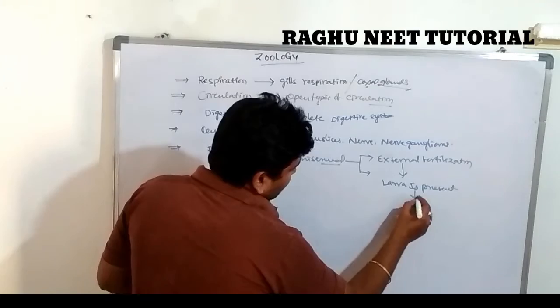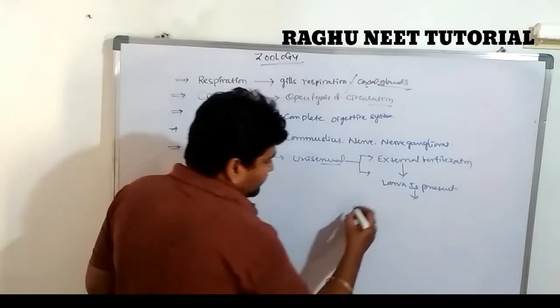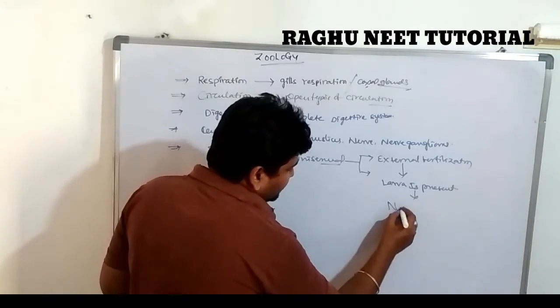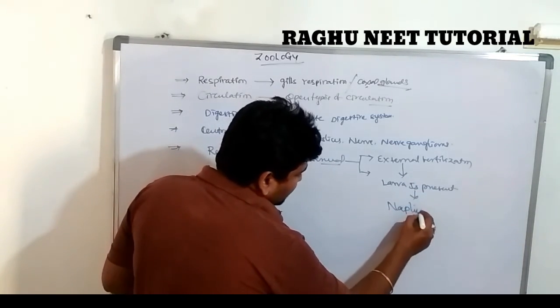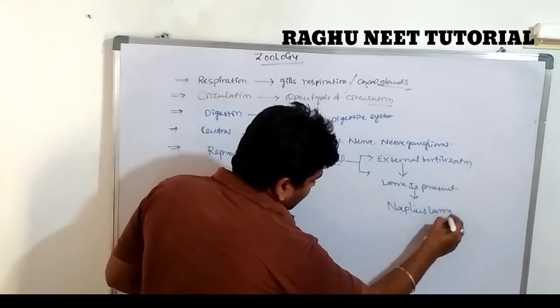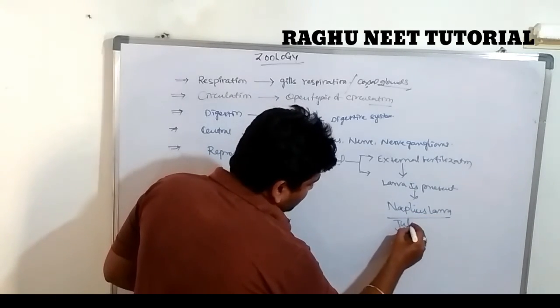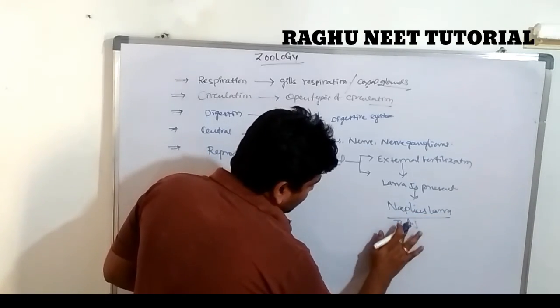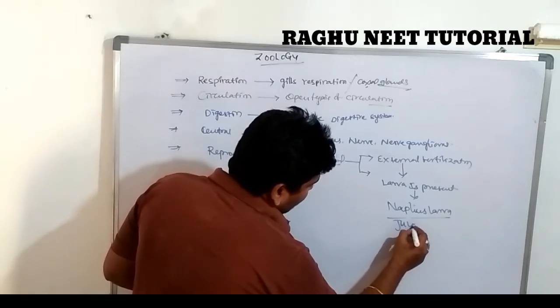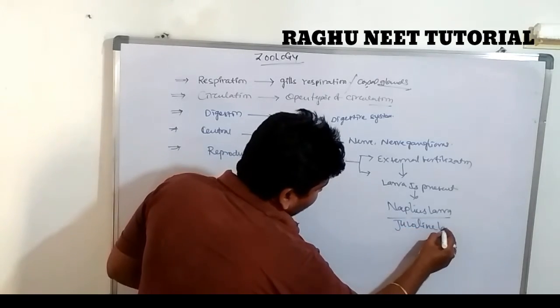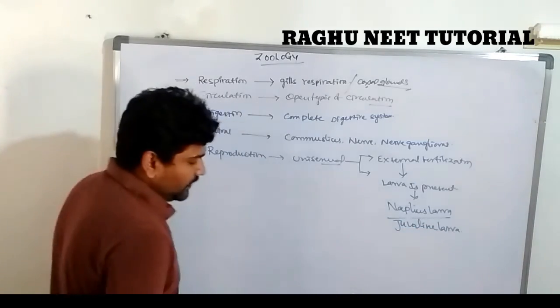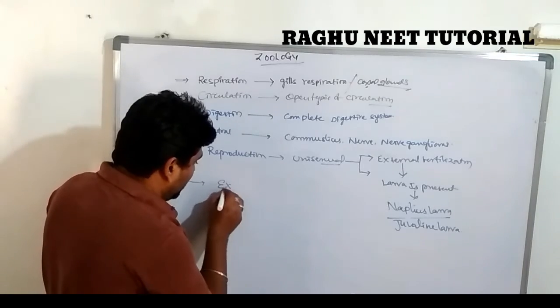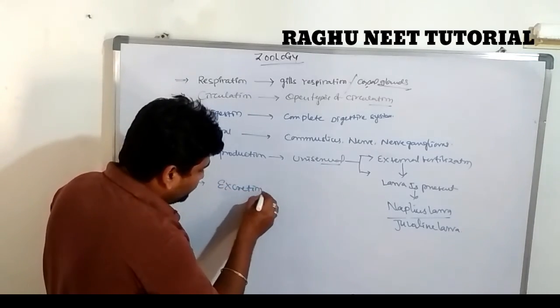Which type of larva? The larva is free swimming in nature. That is called the nauplius. Nauplius larva, or a juvenile larva is present. Most of the excretion, very very important, is through the